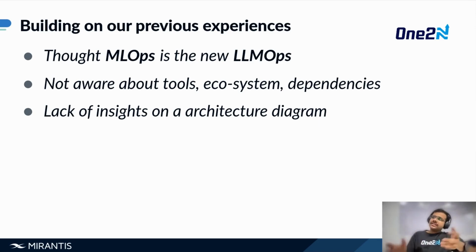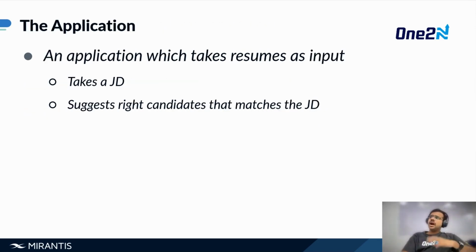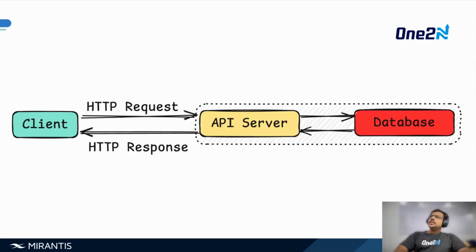We did not have an architecture diagram as well. So how was our application supposed to look? So our application was simple. We wanted to take a job description. We wanted to take a list of candidates with their resumes, and then we wanted to suggest the right candidates based on that job description. Now, coming back to drawing parallels, we thought, okay, this is how a traditional three-tier architecture web app looks. And